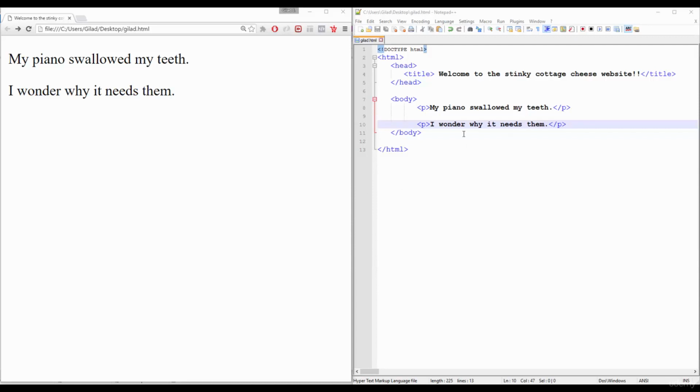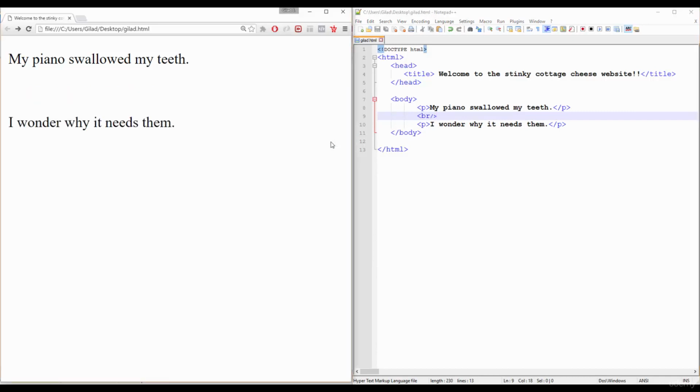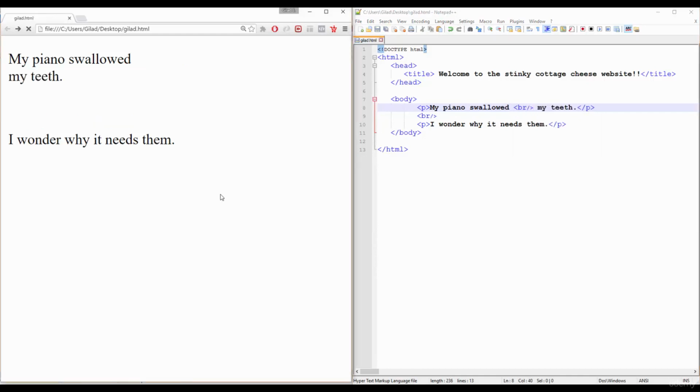HTML break line. Now we want to make our 2 lines have more space between them. Save it and refresh the page. Wow, that was easy. Due to the BR tag, we can create a new line, push our paragraphs away from each other, and even break our line of text in the middle of the sentence. Look. Did you see that? Oh man, almost magical.